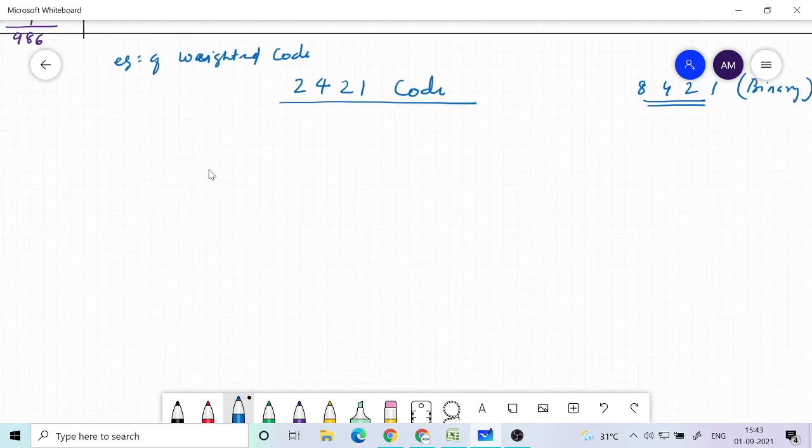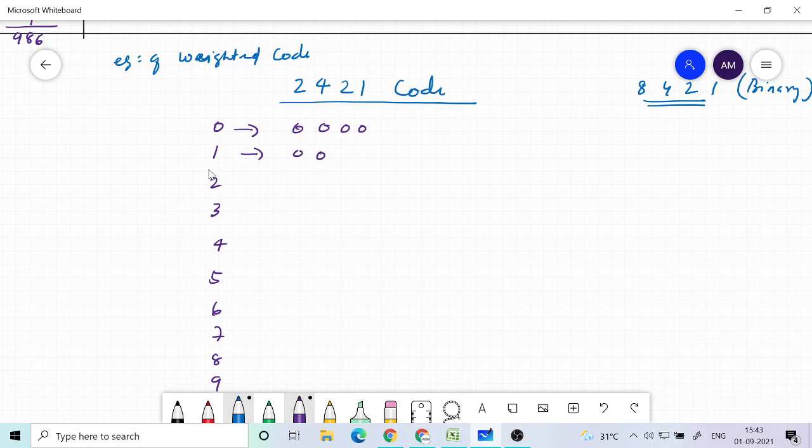And the way it is going to be arranged, if I look at 0 1 2 3 4 5 6 7 8 9. So 0 is 0 0 0 0, and then 1 is 0 0 0 1, 2 is 0 0 1 0.